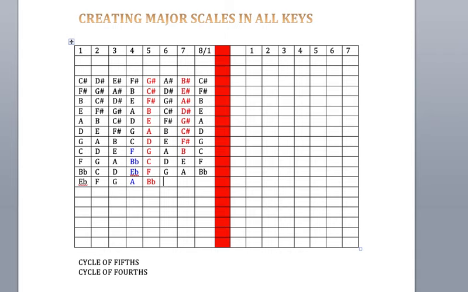B flat, C, D, E flat. Now, for us to get the correct formula here, we have to flat the fourth. So we take the fourth and put it here. A flat, B flat,